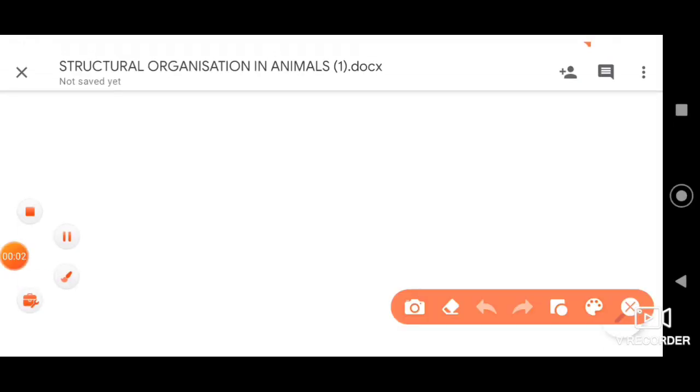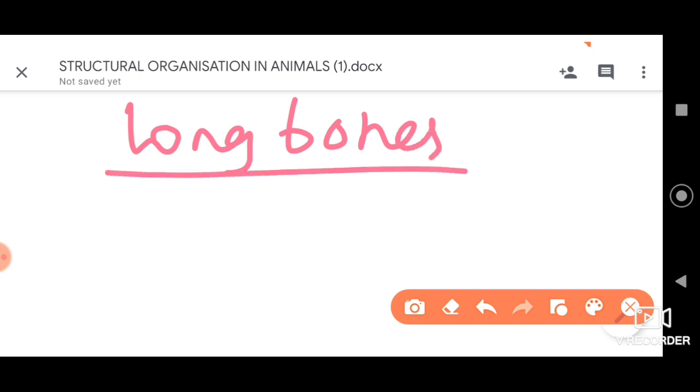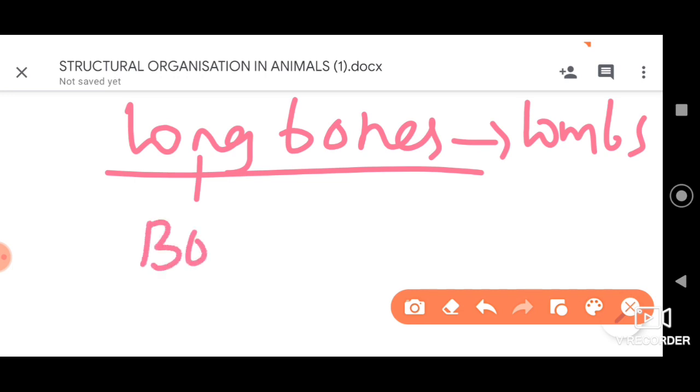Further, it is also important to know that not only in the long bones, but in most of the bones of our body, in the skull bones, in the long bones which are present in our forelimbs and hind limbs, in the sternum, that is the solid bone present at the center of the thoracic region to which the ribs attach, all these regions, dear students, have a bone marrow cavity.